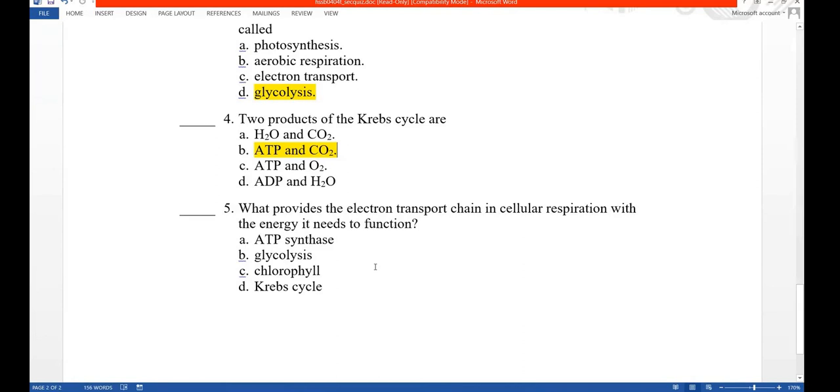Number 5, what provides the electron transport chain in cellular respiration with the energy it needs to function? A, ATP synthase, B, glycolysis, C, chlorophyll, or D, Krebs cycle? D, Krebs cycle. Yes, the energy released during the Krebs cycle is used in the next stage,